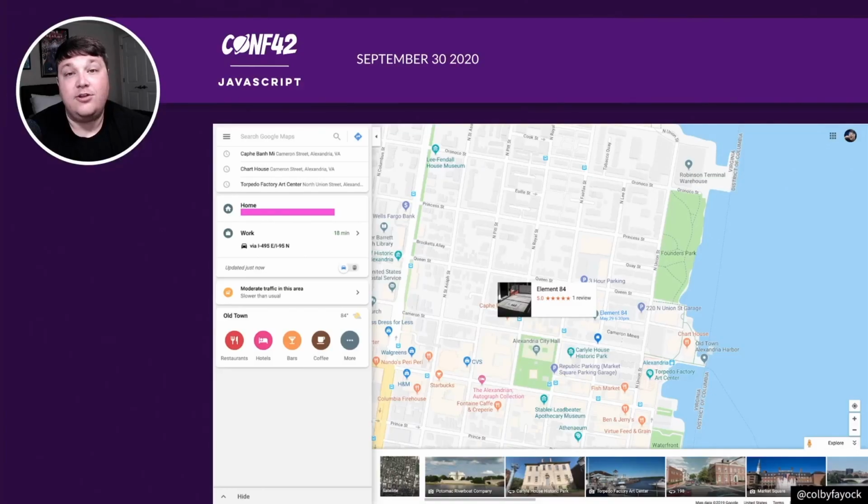So looking at this first slide, it's a screenshot of Google Maps in downtown Alexandria, Virginia, here in the United States. This is Element84's HQ. We're all probably pretty familiar with Google Maps or Apple Maps. They provide us with a ton of features that we use every day. Like here, we can check out some points of interest nearby. We can find out where we can grab a quick cup of coffee. We can find the best sushi, which is Momo's Sushi, by the way,